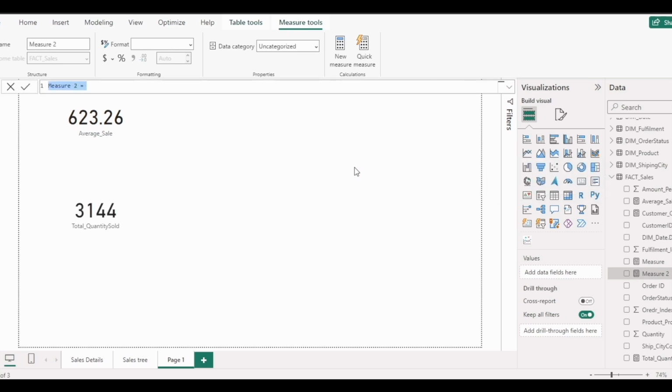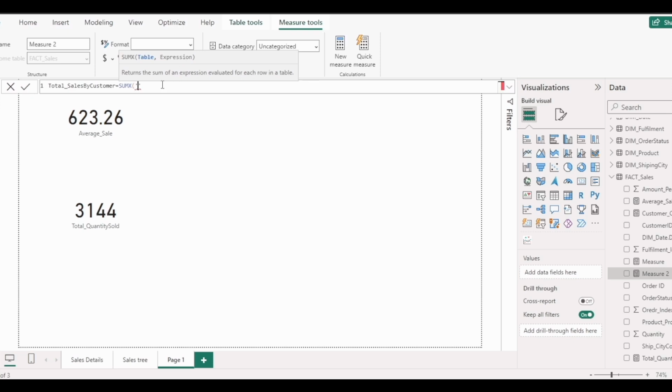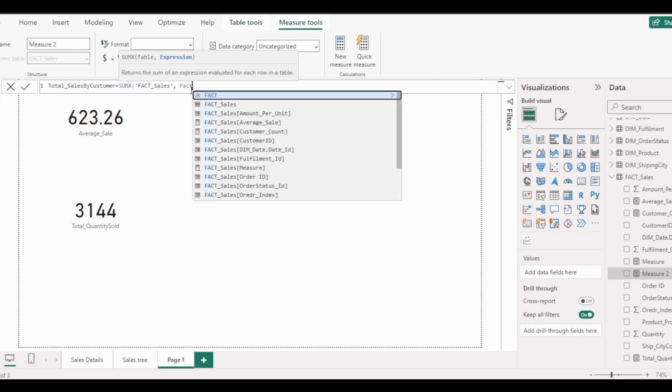in which we are going to multiply per unit cost with the quantity sold. So we'll check total sales by customer is equal to SUMX, we are going to use this time. Here we have to use a table, then expression. Our table is fact sales, and then the column which we are going to use is fact sales, first the quantity,